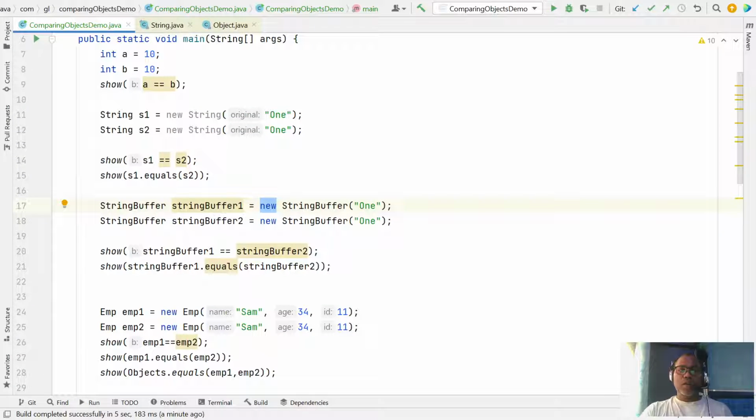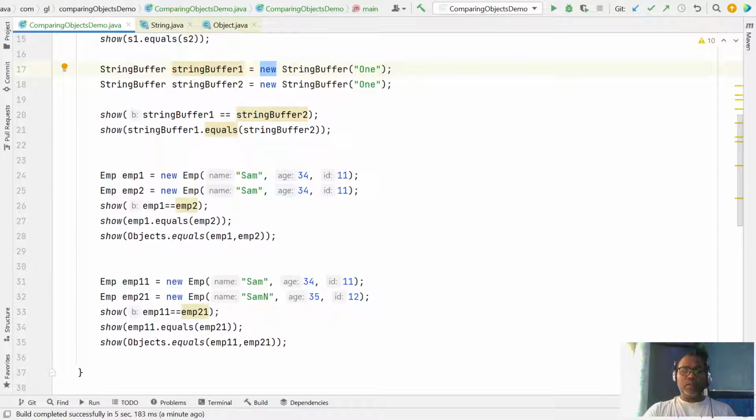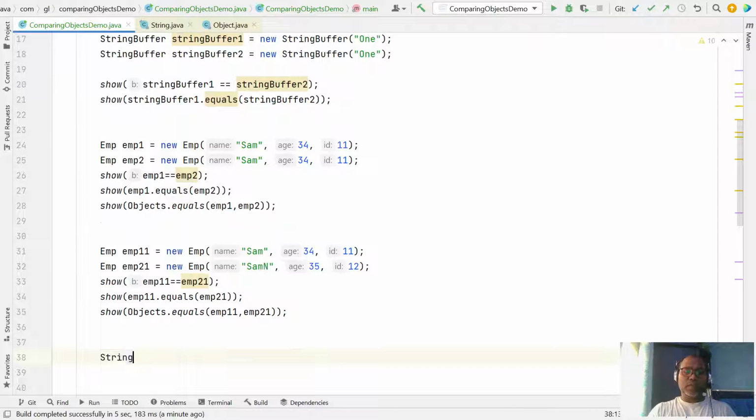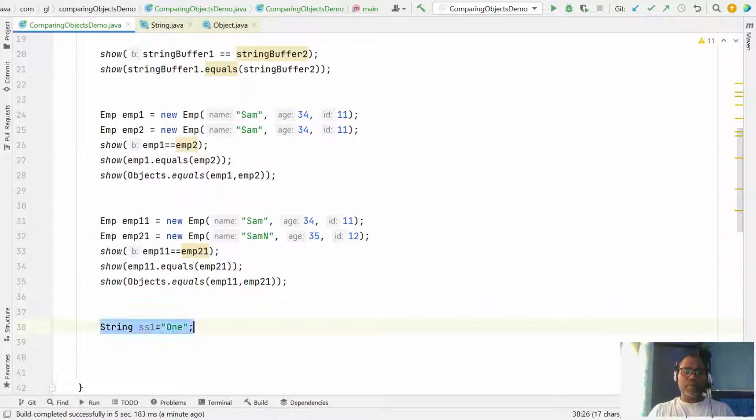Sometimes there is a strange behavior that is asked in an interview question, like this. String ss1 equal to double quotes key1, and here you have written ss2 the same way.